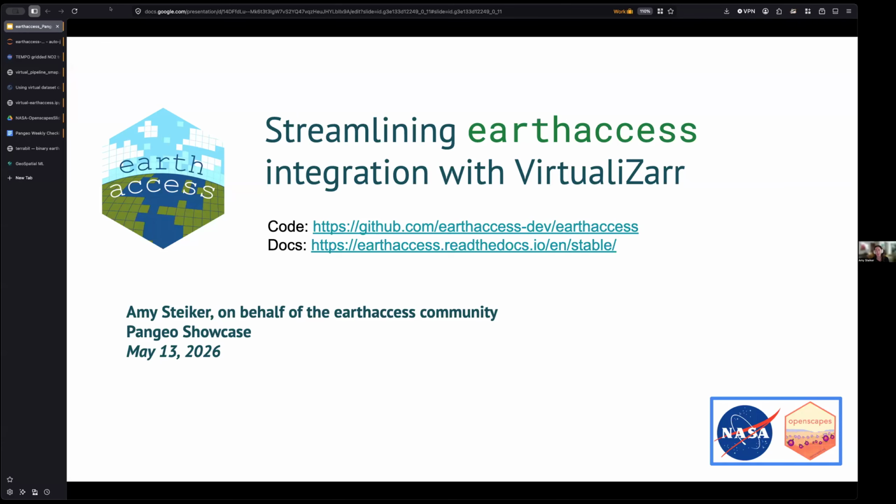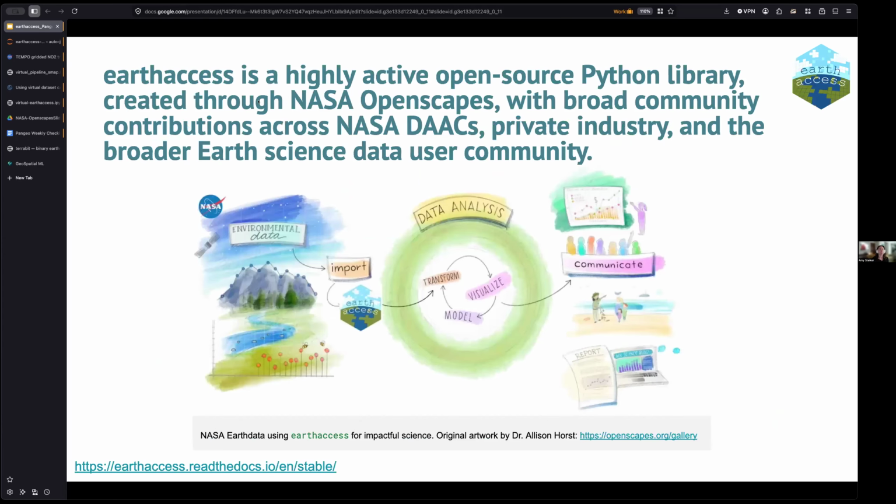Okay, I'm going to jump into highlighting some of the recent improvements that we have been making within the earthaccess library to further streamline the existing integrations with virtualizarr, and definitely presenting on behalf of the broader earthaccess contributor and maintainer community. So for those of you who are less familiar with earthaccess, just a quick slide on